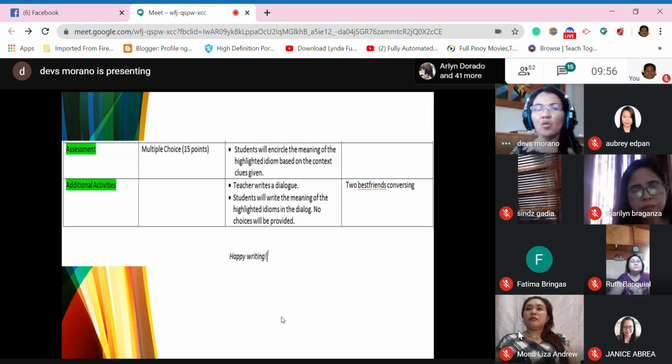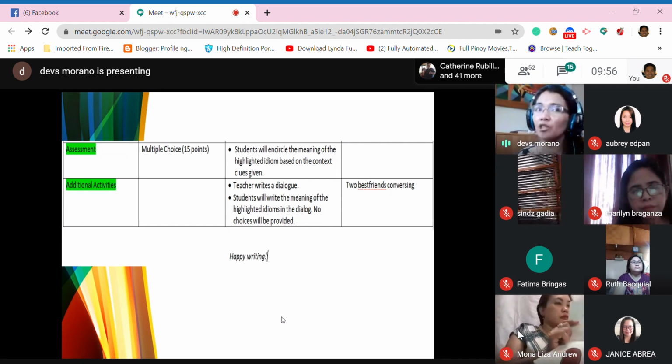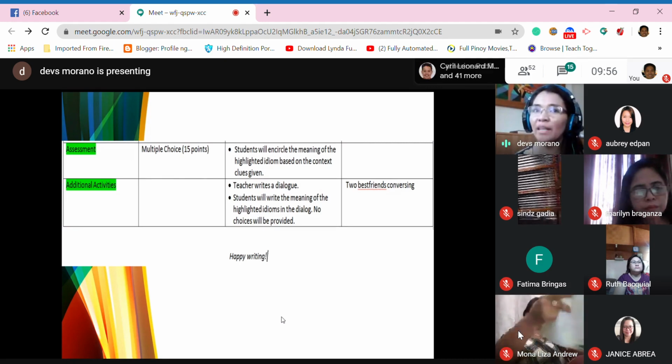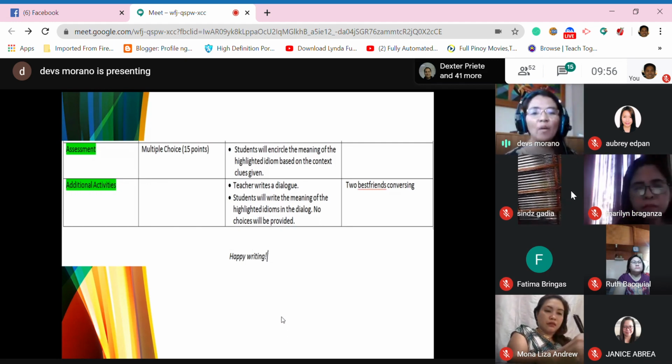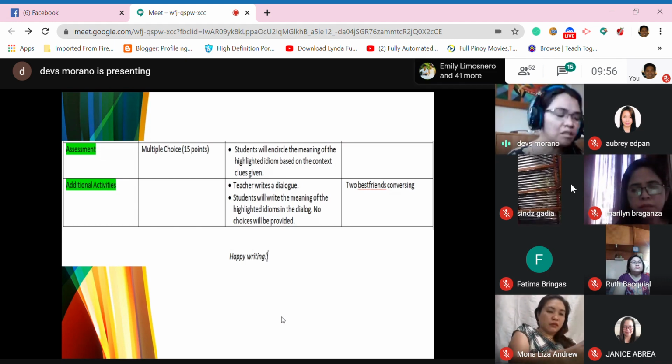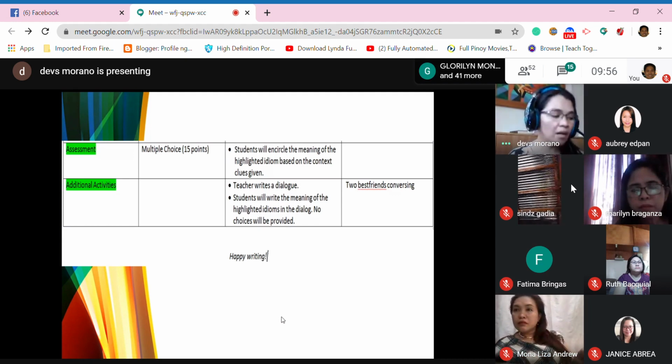So that's the sample of a planning worksheet. So we plan our module first before we write. And this template will be sent to our evaluators so that our evaluators will be able to check and evaluate if we are on the right track, if the activities are varied, if the activities are logically arranged, and if the pictures are necessary, if the pictures are not, and the illustrations are not necessary, the evaluator can say, pwede na ni siyang i-delete. So no need for us to look for an illustrator to draw our pictures or